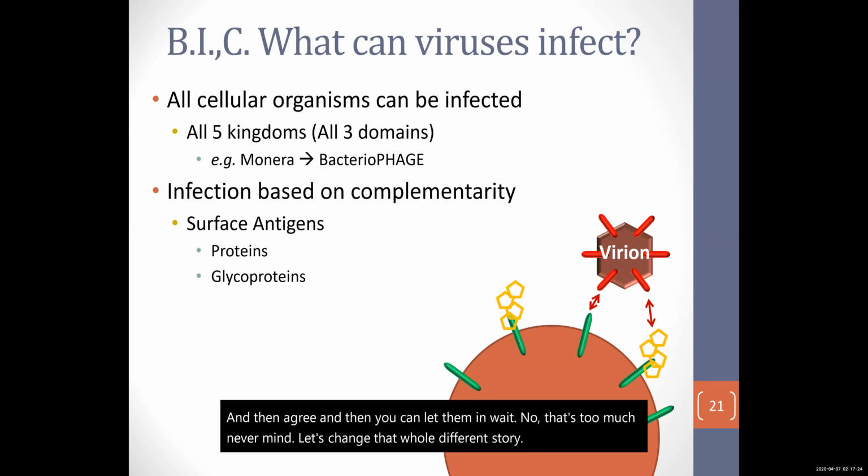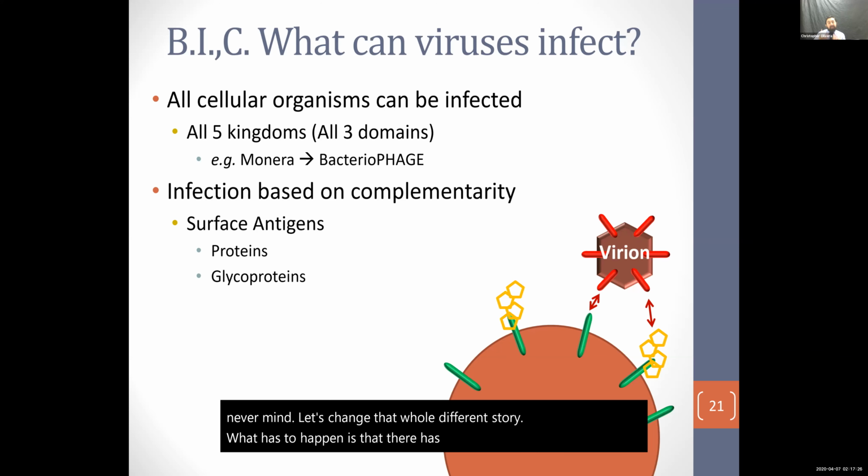What has to happen is that there has to be a synchrony, a match between the virus and the host itself. To simplify that, let's make this up, a dog virus. For whatever reason, one of the reasons why it doesn't infect you, even though it is a virus and the dog could feasibly lick you, is that that handshake is not compatible, meaning that the proteins present on that virus are not compatible with the proteins present on you as a host. So not only does it have to land on you, but there has to be this interaction,